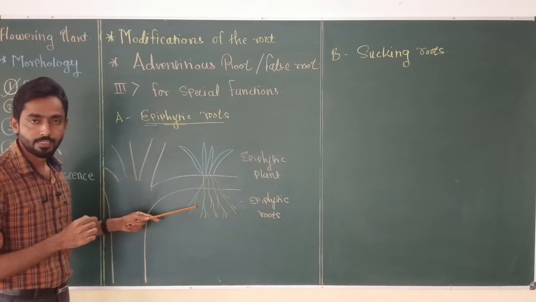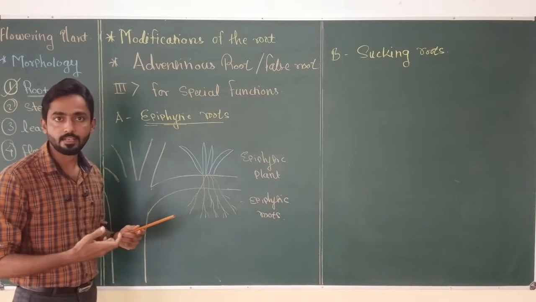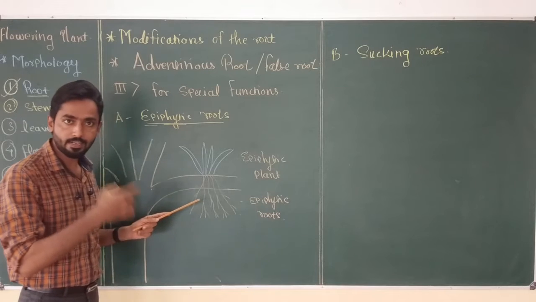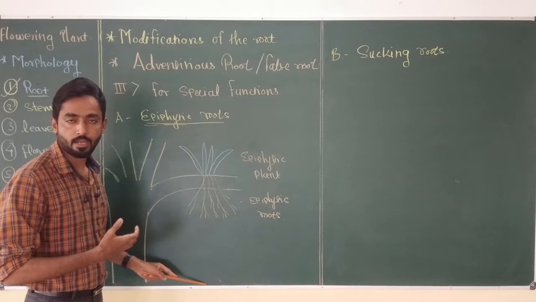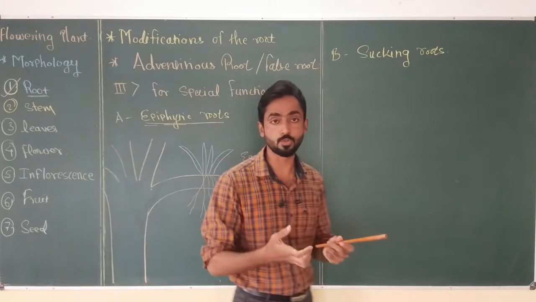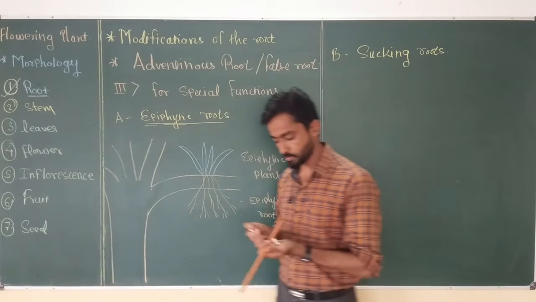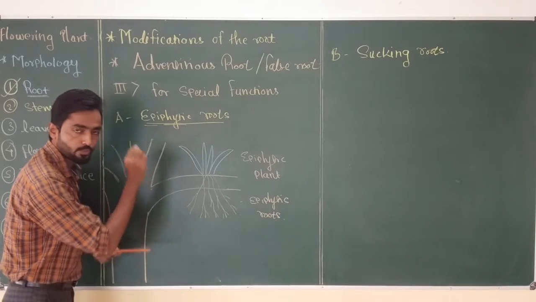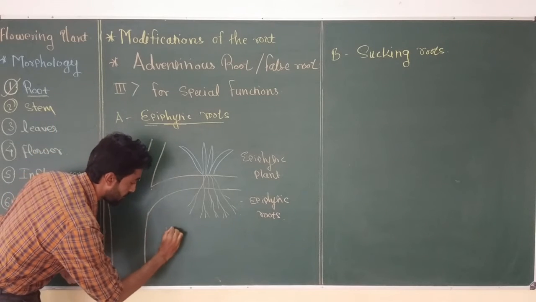These types of roots do not grow underground. They are generally aerial. They grow in the air. They are present in a suspended form directly in the air. So they do not come in contact with the soil. And due to this, the roots have to develop some special type of cells or tissue to absorb moisture directly from the air. Because of this, the root shows a very special type of tissue or cell outside the cortex of the root, and these cells are called velamen tissues.